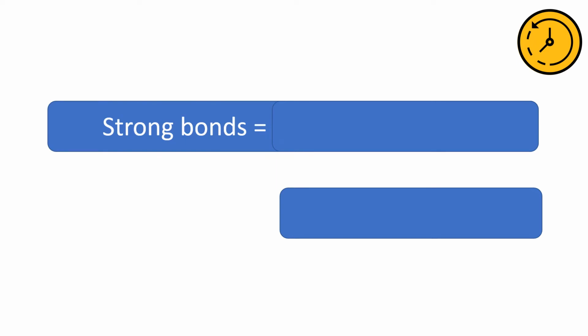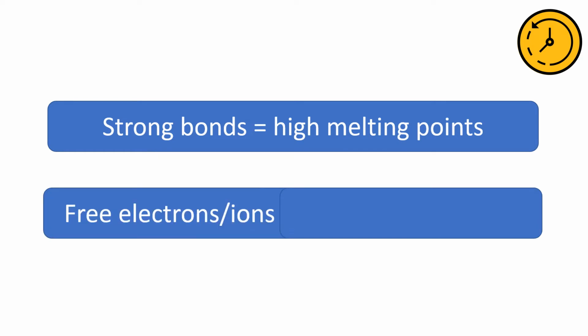Okay, so just to cover some key bits of information again, if you know that something has strong bonds, you have to assume it has a high melting point or a high boiling point, because strong bonds require a lot of energy to break them. And if you see or know that something has free electrons or free ions or delocalized electrons or ions, it means they can conduct electricity. And those are rules no matter what you're looking at. So sometimes exams come up with something you've never heard of before, but it tells you it has free electrons,